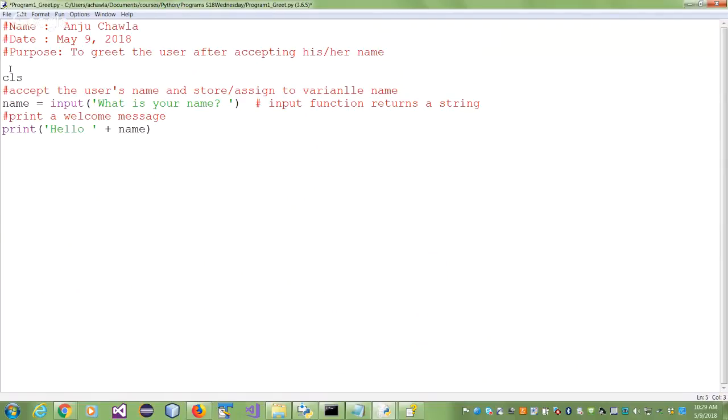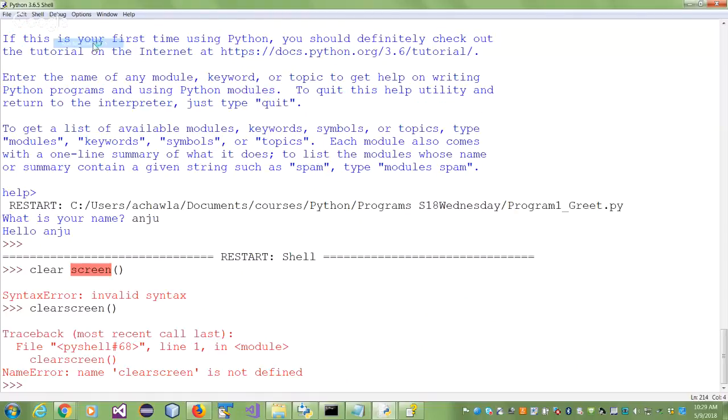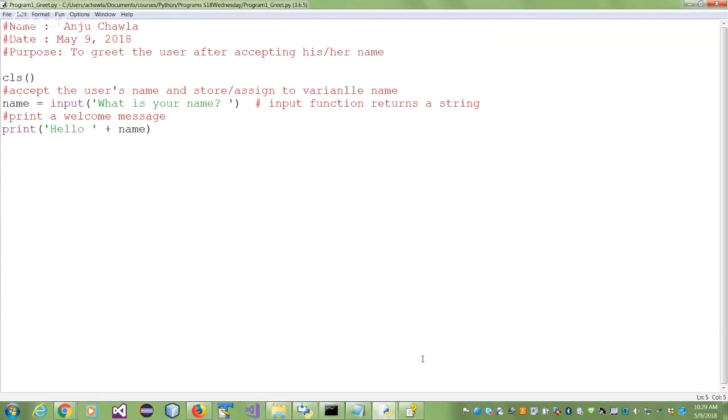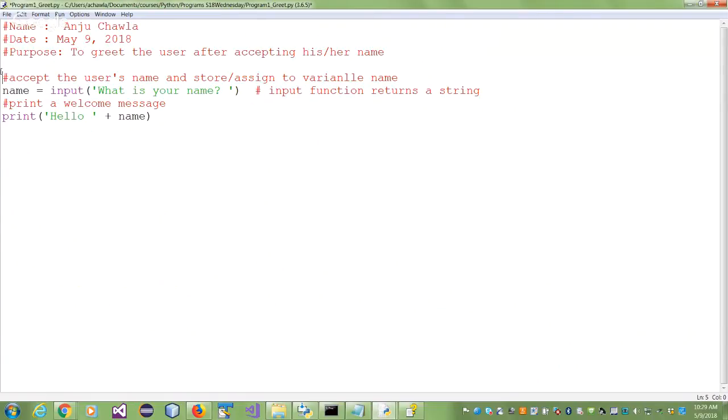CLS was available, though I doubt it. Let's save it. Let's run it. I have an error, which it says. So see, it is an interpreter. It stopped right at the CLS statement. It didn't go further. So I was trying to see if CLS would work here. Somebody will find out for sure, but it is not working. So let's accept it for now.